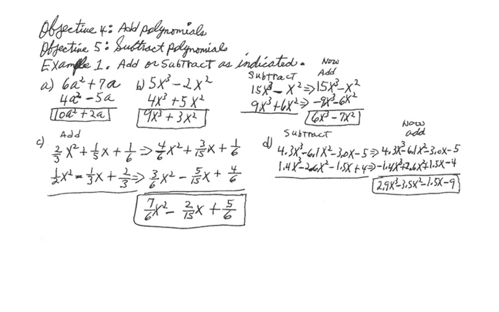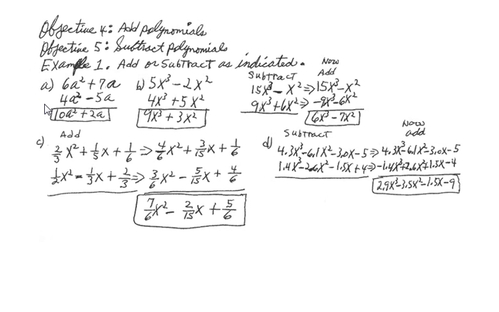Part A, 6a squared plus 7a plus 4a squared minus 5a. These two polynomials will be added in a vertical arrangement, so like terms are underneath like terms, and therefore they